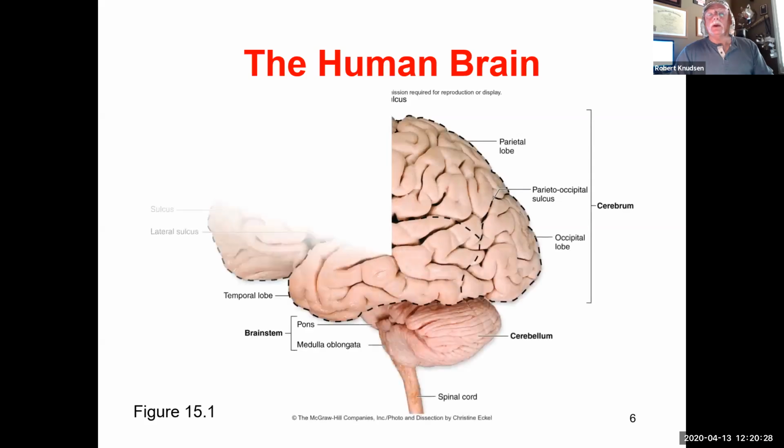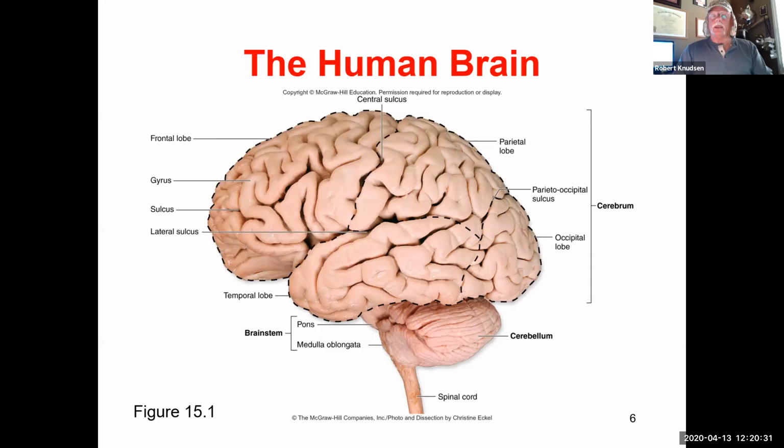Okay, here's an actual dissected brain. Looks a lot like the other one, but it's a little more rugged looking because when we draw it, we can make it nice and pretty. Now, it looks like this is nice and firm, kind of like an uncooked steak or something. And in a preserved brain, yes, it is. But in a real life brain, this is mush. And if you take away the meninges, this will just be like applesauce. We dissected one a couple of semesters ago, a pig brain, and it didn't go well because I accidentally tore the